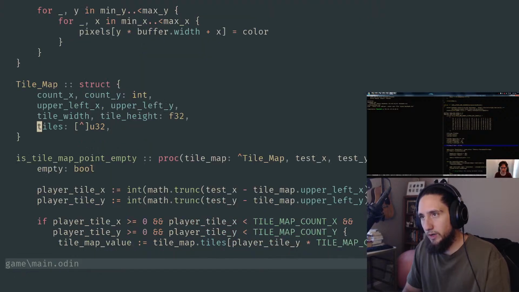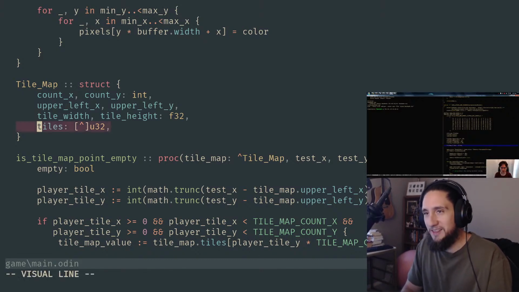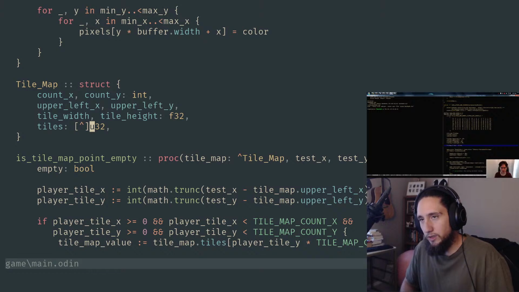in the slice. Well, right now it's a many-item pointer, or a multi-pointer, but the whole point is that I don't want it to be a multi-pointer because, and I think I said this a couple times yesterday, it's an icky convention. I couldn't think of what I really wanted to say in that moment. I was trying to say anti-pattern: it's an anti-pattern to use these because they don't have bounds checking, and you can write outside of them and then you seg fault or whatever, and now you're trying to chase that down. Not really a problem if you really understand what you're doing, but at the same time,